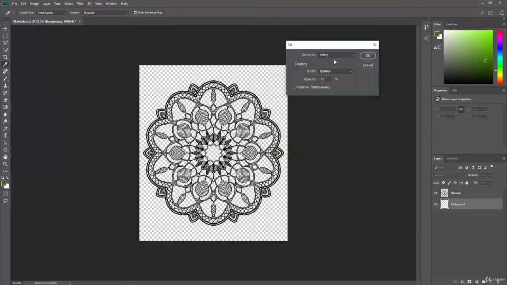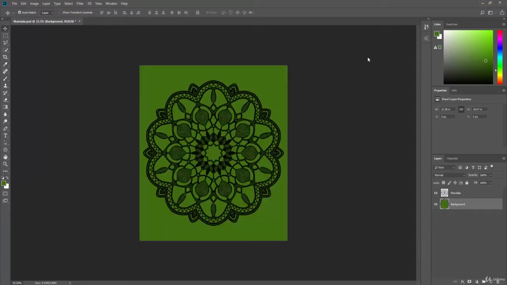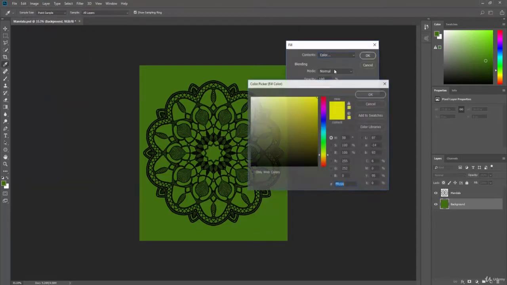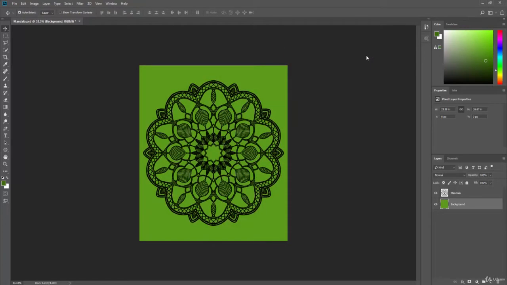We'll fill that in with the foreground color. So I picked a color, foreground color, hit OK. And that might be a little dark. We can go to fill and just choose color. And the color picker tool will pick that color for us. Just want to brighten it up just a little bit here. Hit OK. Okay, that's pretty easy to see now. So let's click on the mandala layer,